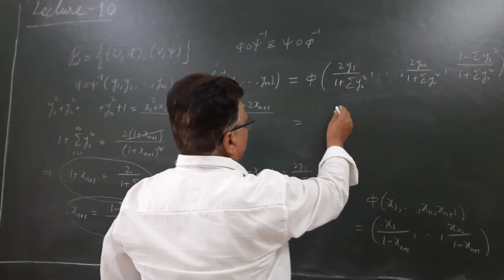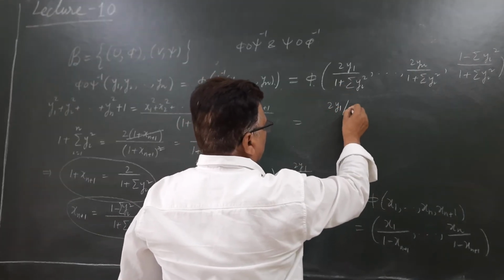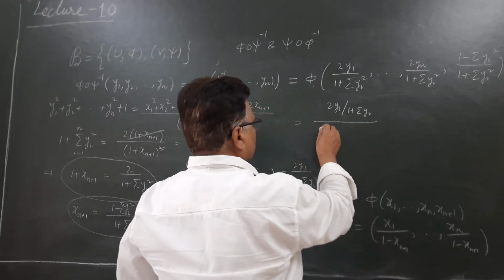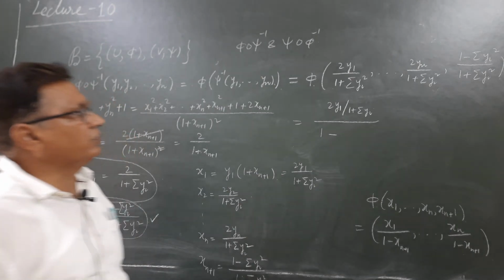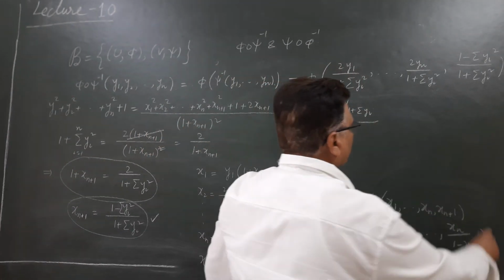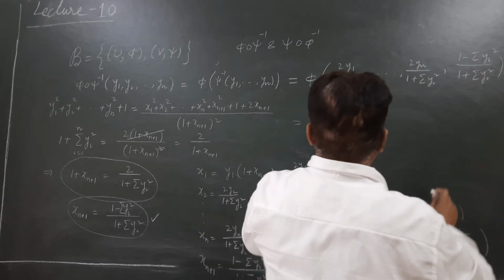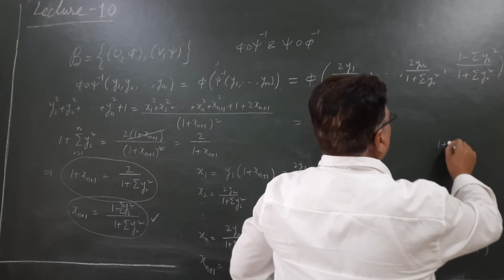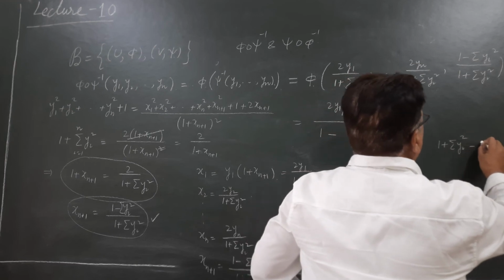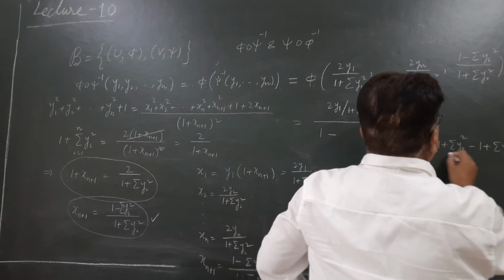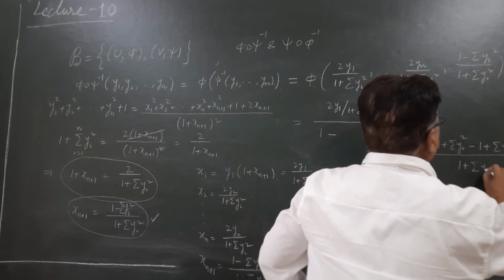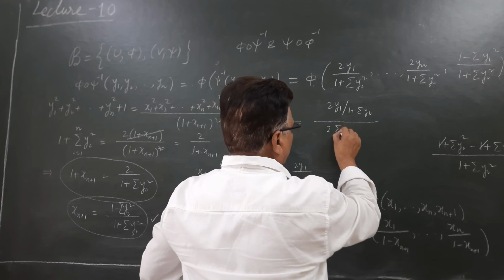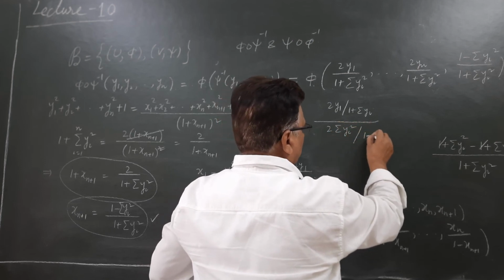So let us see, our x1 is the first entry, that is 2y1 upon 1 plus summation y_i square upon 1 minus ये x_{n+1} अब हमारा ये है, तो ये हो गया 1, इसको लिखना है, माइनस करेंगे तो 1 माइनस 1 प्लस समेशन y_i स्क्वायर अपॉन 1 प्लस समेशन y_i स्क्वायर, चलिए मैं यहीं पे डिनोमिनेटर को सिंप्लीफाई कर लेता हूँ, तो ये हो जाएगा 1 प्लस समेशन y_i स्क्वायर माइनस 1 प्लस समेशन y_i स्क्वायर, सो ये 2 टाइम्स समेशन y_i स्क्वायर अपॉन 1 प्लस समेशन y_i स्क्वायर।